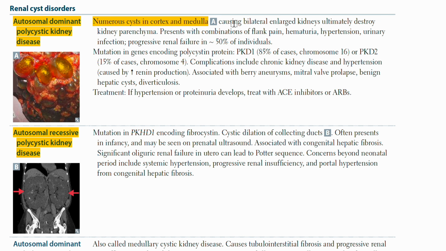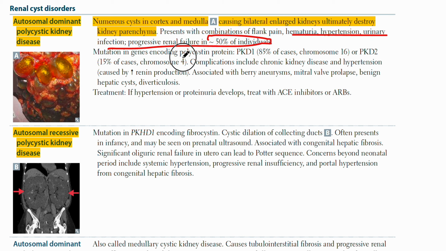And then they cause bilateral enlarged kidneys, ultimately destroying kidney parenchyma. They present with a combination of flank pain and hematuria, hypertension, urinary infection, and progressive renal failure in 50% of individuals. So there is a mutation in the gene encoding polycystin protein, PKD1. This is the classic predisposing genetic disorder. 85% of cases are in chromosome 16, and PKD2 is in 15% of cases